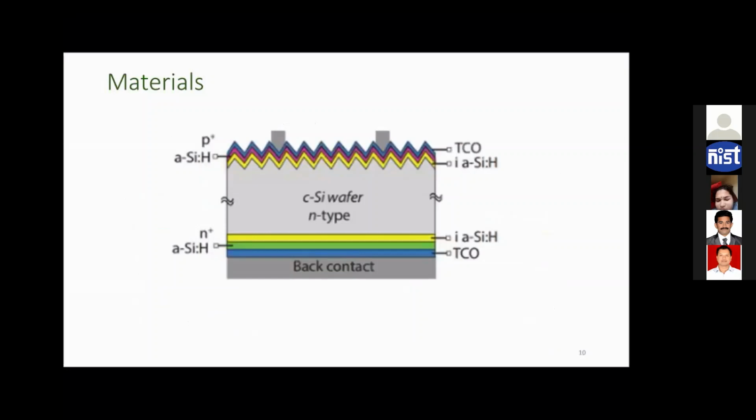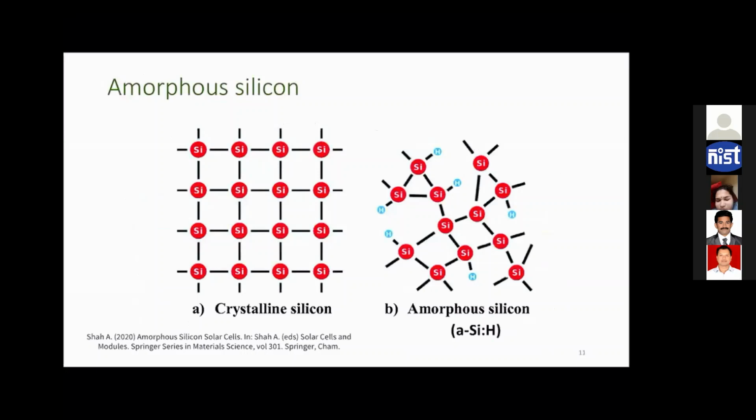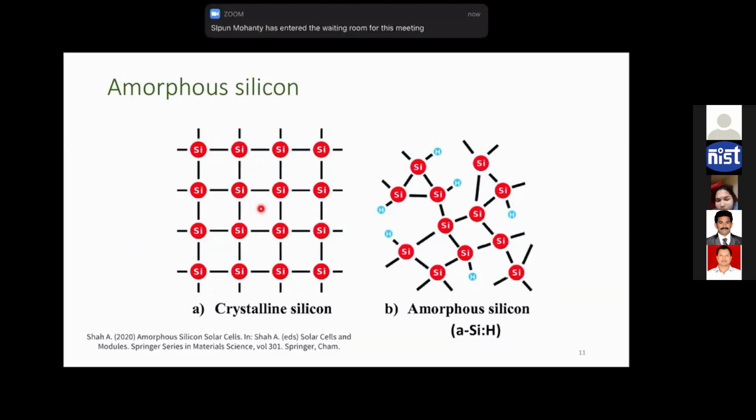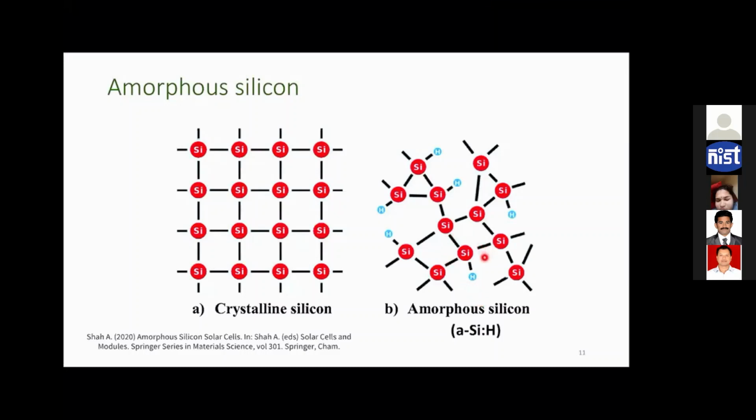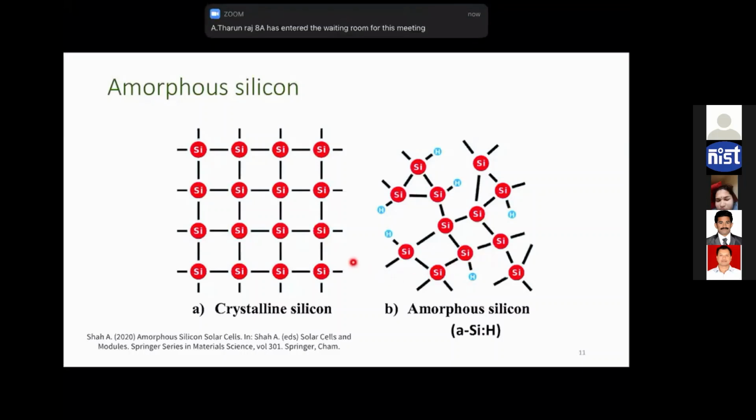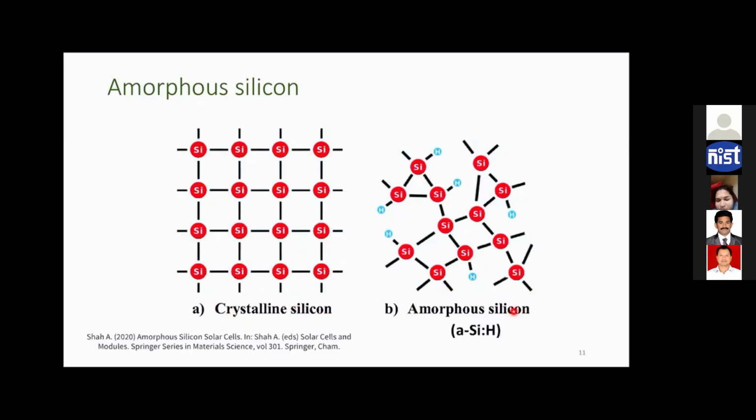Okay, now let us talk about what is this amorphous silicon. Amorphous silicon is an amorphous form of silicon. Unlike crystalline silicon, where you can find a periodic arrangement of the crystalline silicon atoms, in amorphous silicon, the silicon atoms are distributed in continuously random network. So the long range order that you can find in a crystalline material is missing in this amorphous silicon. And as you can see, there are a huge number of defect states or the dangling bonds even within the bulk of the amorphous silicon.